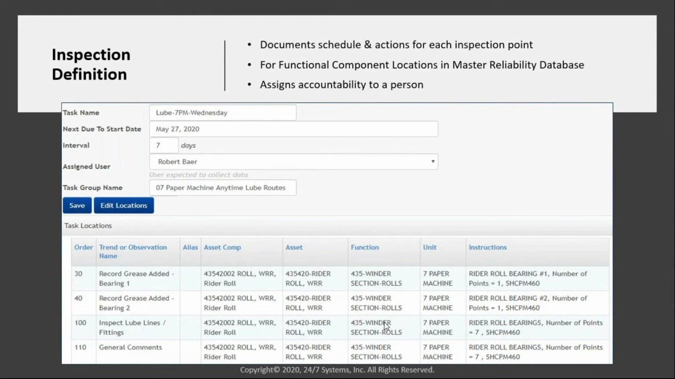I'm going to record grease added on a bearing number 1 on a rider roll on the 7 paper machine in the 435 winder section. Here I actually have the information that says this is the rider roll bearing number 1. There's only one point that I'm supposed to grease, and I'm supposed to use the SHCPM 460 lubricant that's on my grease cart. After I've recorded the grease added on bearing number 2, I'm also then supposed to inspect the lube lines and